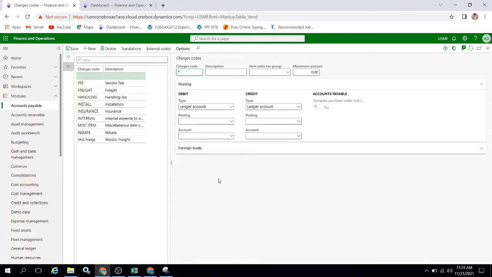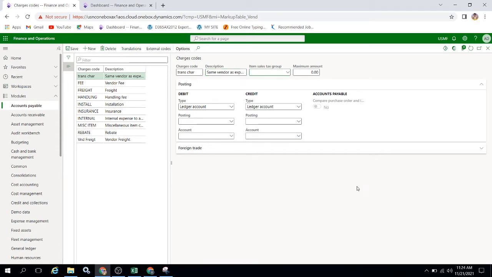Let's take an example as transport charge, with code as trans charge, same vendor, as expense.